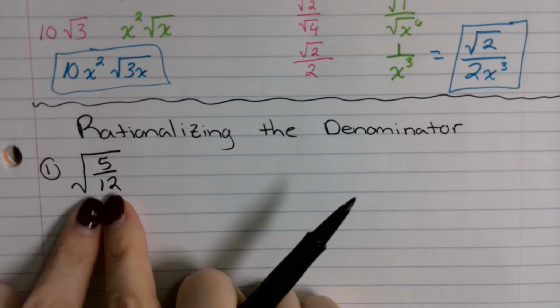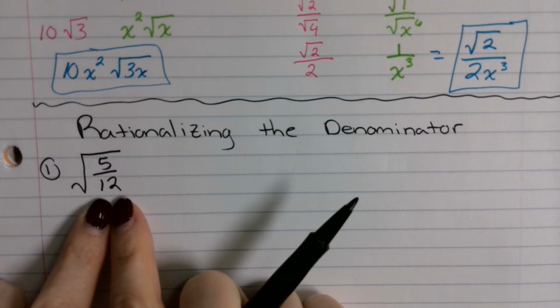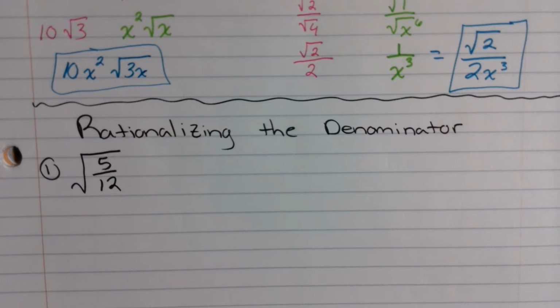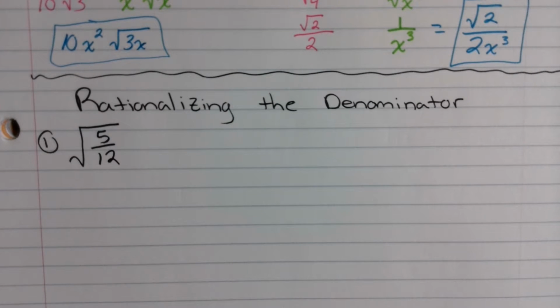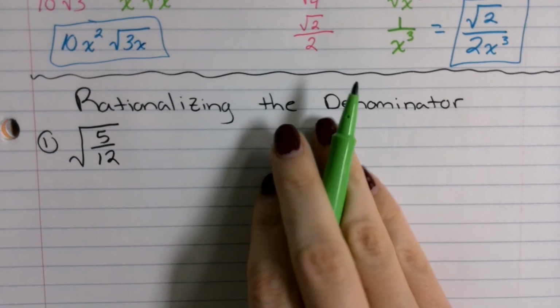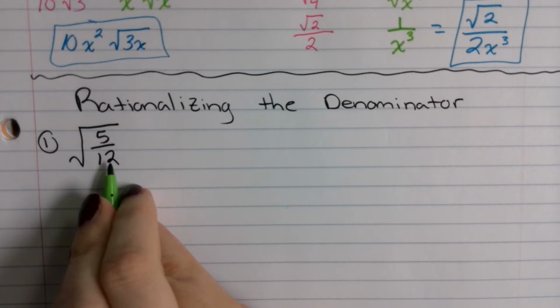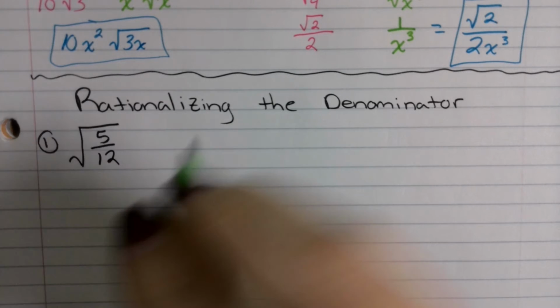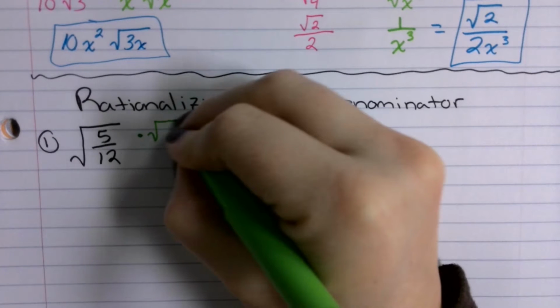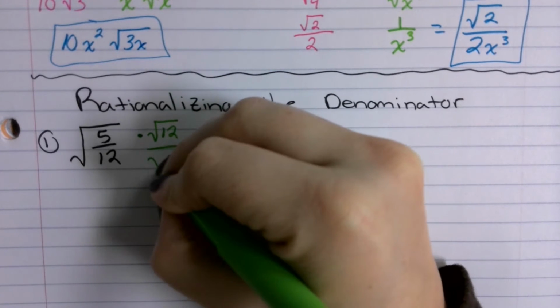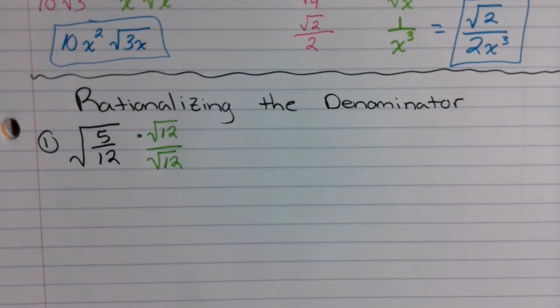Because we do know that 12 happens to be divisible by a perfect square, then we could factor the 12 out and then work from there. But really that's just extra work. The easiest thing to do is to go ahead and rationalize right from the beginning. So when I mean rationalize, I mean take the square root that your denominator is and multiply both your numerator and denominator by that value. So if I multiply the numerator by the square root of 12 and I multiply the denominator by the square root of 12,